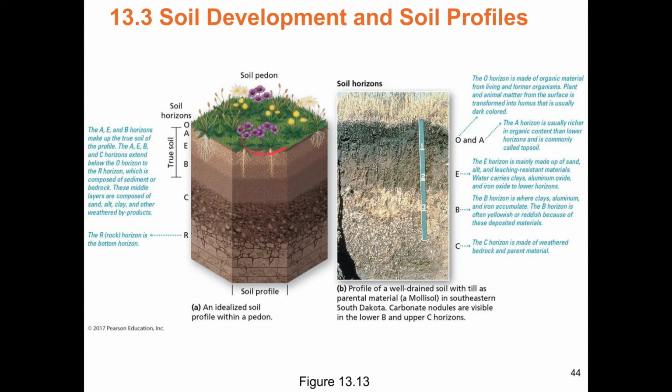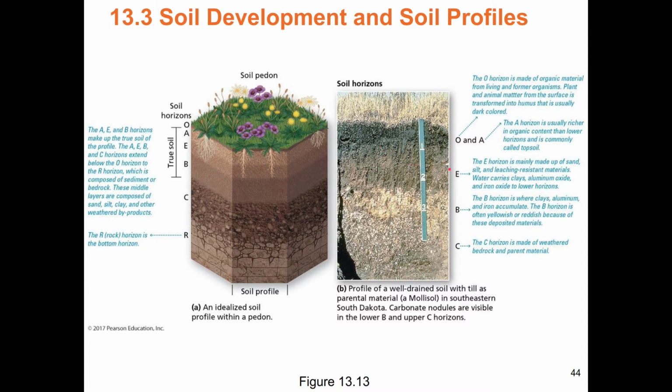So this is a pedon. It's the basic soil unit. And then here we've got the organic A, E, B, C, and R regolith horizons. So the O horizon, here we've got an actual cross-section through soil. And this is a pretty typical photograph. The U.S. Soil Conservation Service has books that have pictures of different soil profiles that you can look at. So here we've got a mollisol. That's a grassland soil in southeastern South Dakota. We've got the O organic horizon, and then the A horizon in here.